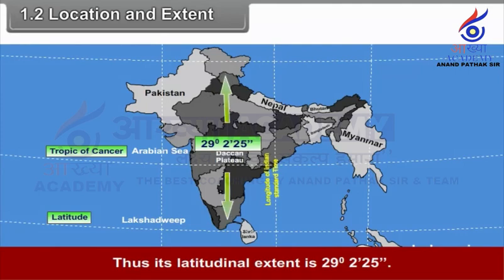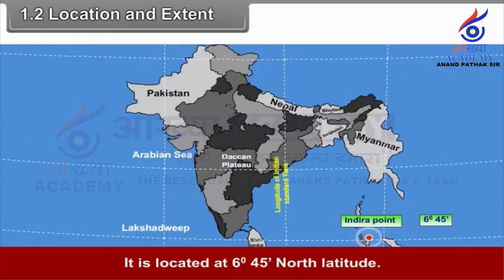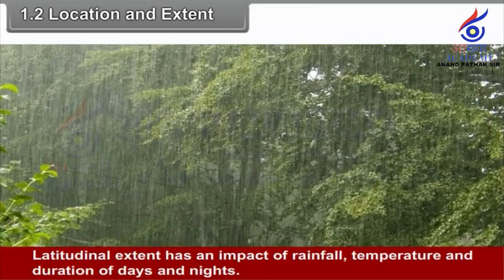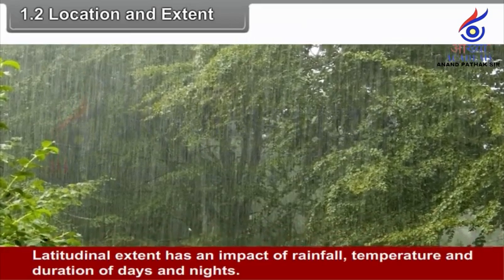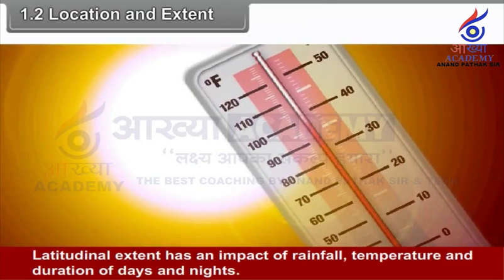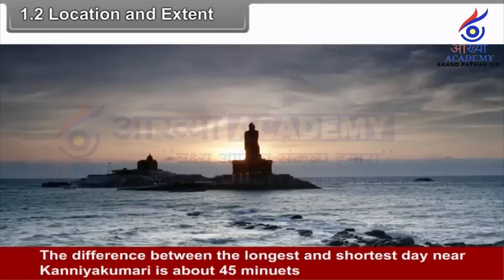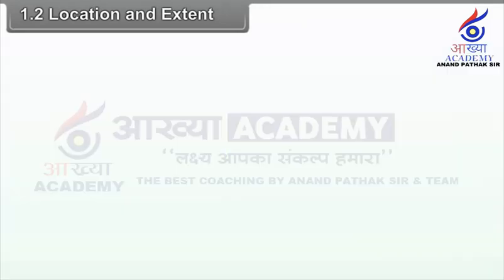Away from the mainland, the southernmost tip of India is Indira Point, which is in the Nicobar Islands. It is located at 6 degrees 45 minutes north latitude. Latitudinal extent has an impact on rainfall, temperature, and duration of days and nights. The difference between the longest